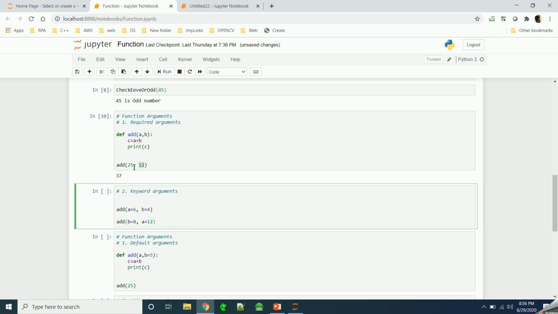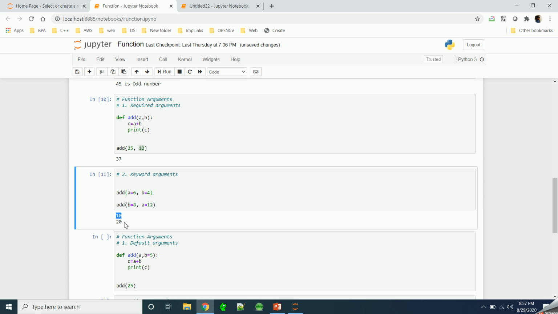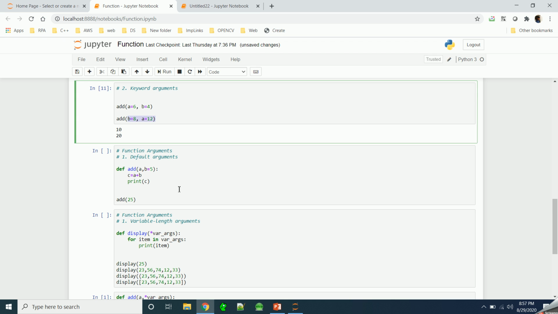Normally the order has to match the function, but with keyword arguments any order is fine. Now if we call this, we get 10 and 20, because the first time it is 6 and 4, and the second time it is 8 and 12.